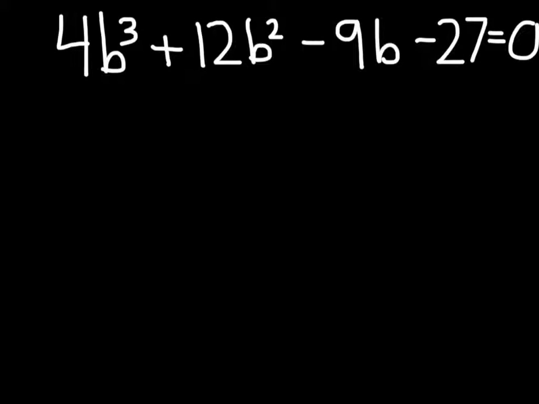This will be an example of how to factor completely. I notice it's not just a quadratic, it has a b to the third. The first thing I would look to do, I've set it equal to 0, is try to factor the greatest common monomial factor of all terms, and I see that nothing comes out